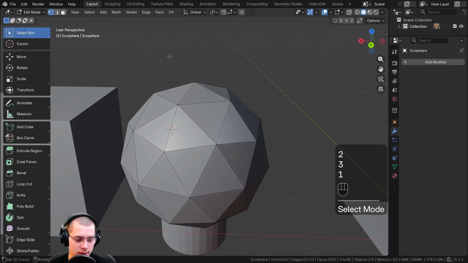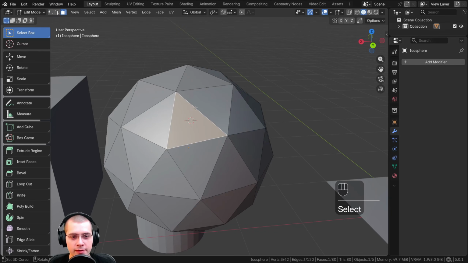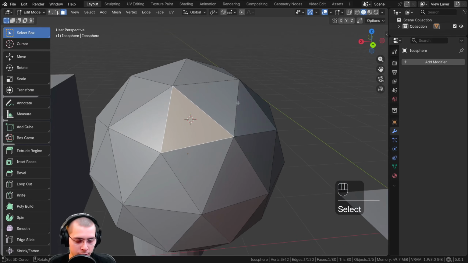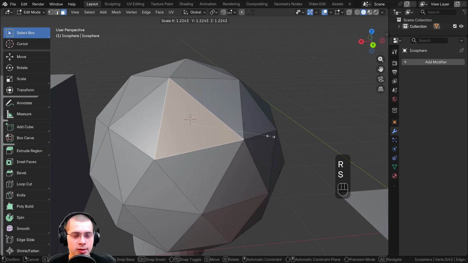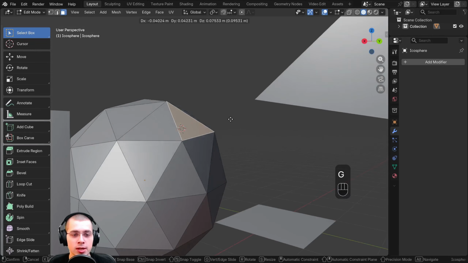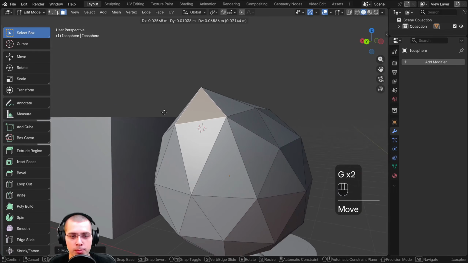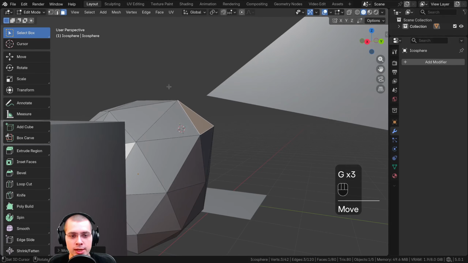So 1 is vertex, 2 is edge, and 3 is face. So if you just have a face selected, then if you press G to grab, R to rotate, or S to scale, it's only going to move your current selection. So this is where we can really get into more complicated 3D modeling, and we can just edit certain parts